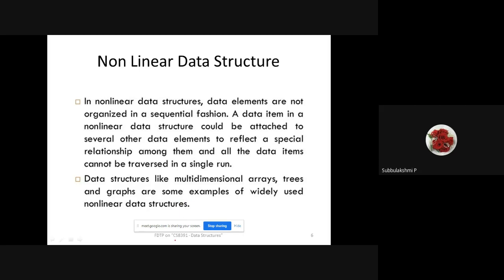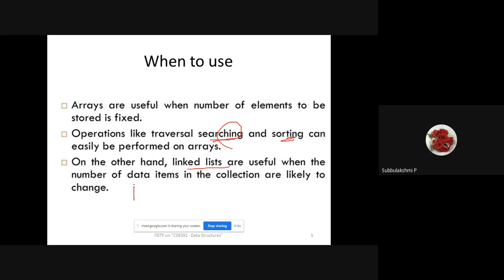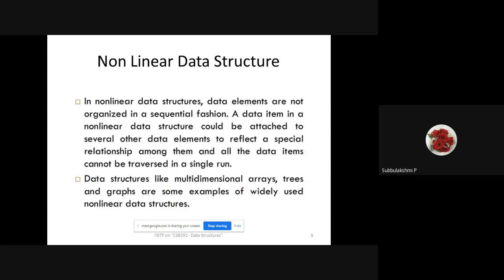Coming to the non-linear, this is totally opposite: purely clustered, with no organized or sequential fashion. A data item in a non-linear structure could be attached to several other data elements to reflect a specific relationship. In linear, as I said, if A of 0 is there, then we will have A of 1, so A of 0 points to A of 1, or else you store it in an array structure. Whereas in non-linear, we cannot say that a single data element